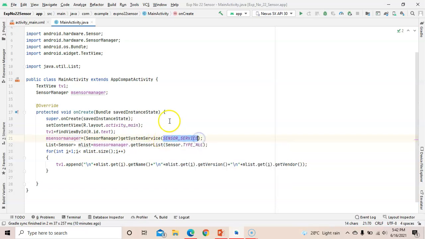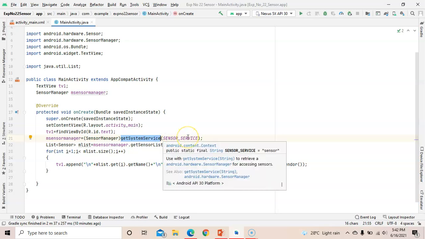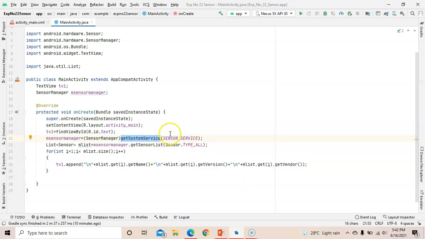We need to assign the state of this method, that is SENSOR_SERVICE. We want a service of sensor. So we assign the sensor service by using the getSystemService method, and this is assigned to the sensorManager object, which is the object of the SensorManager class.